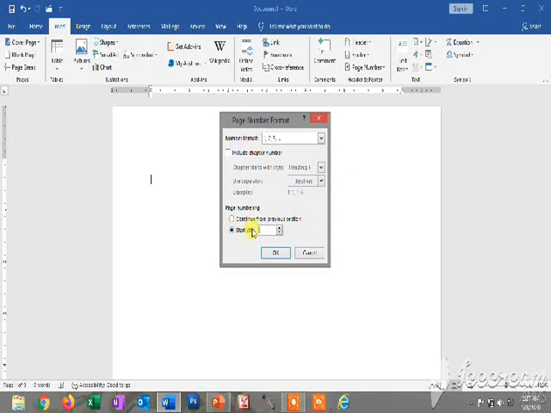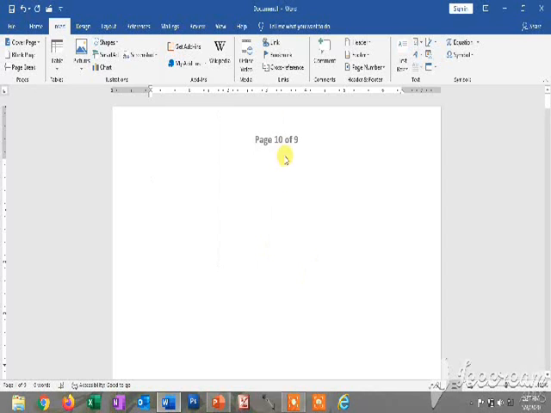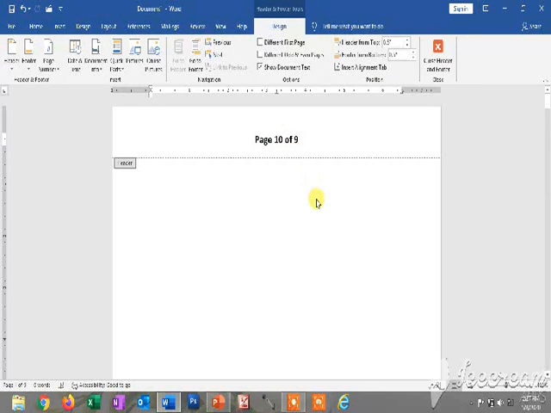So you can also do like this. You can start from 10, like this. And you can also change the format in case any one format you want to apply. So you can also select this. Look, automatically changed. So you can try it.